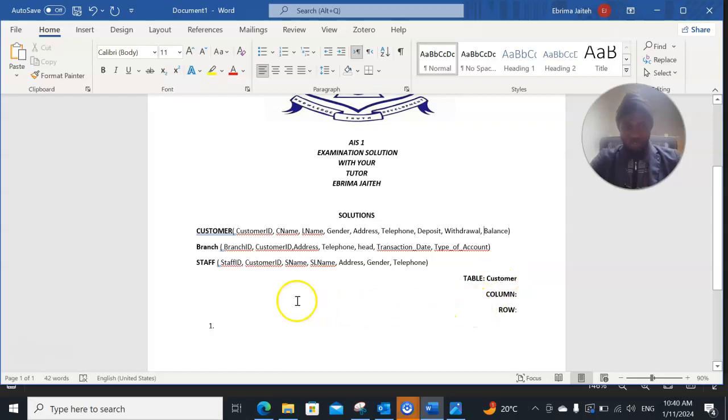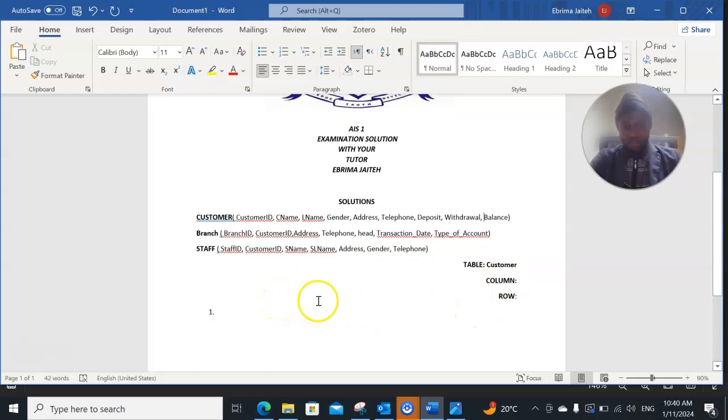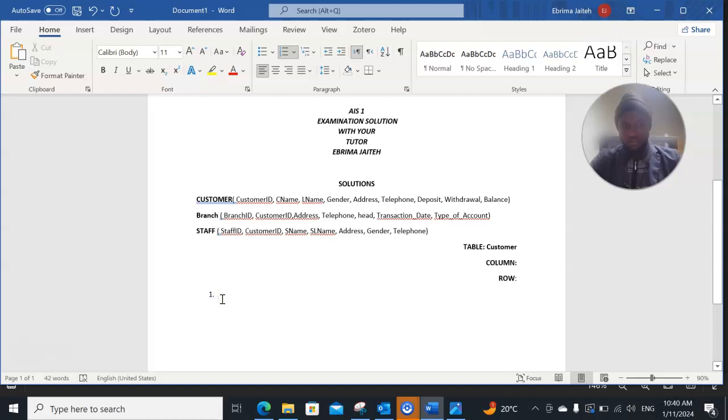So most of these students, or some of the students, think that since the question is total savings, because of the word savings, they term it as deposit, because with a deposit you are saving, you are putting something in, isn't it? But the question is saying what? Total savings. Now I will give you a scenario before answering question number 1. Okay, I will give you a scenario. For example, like